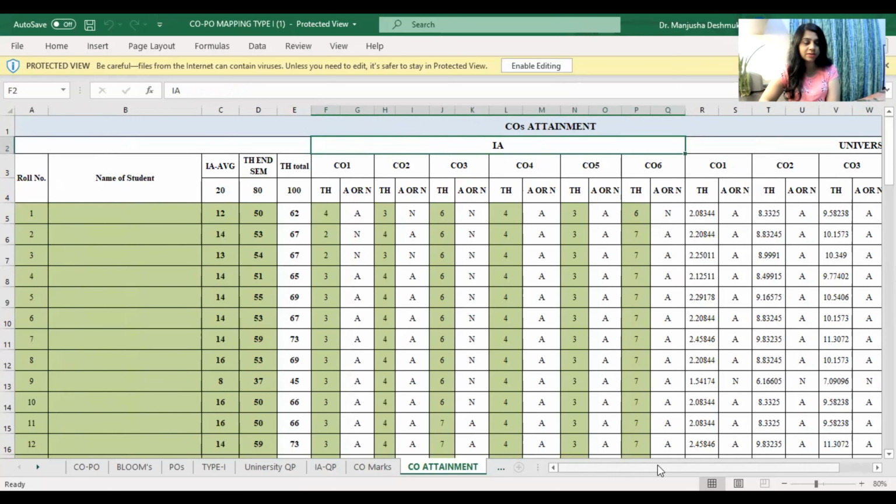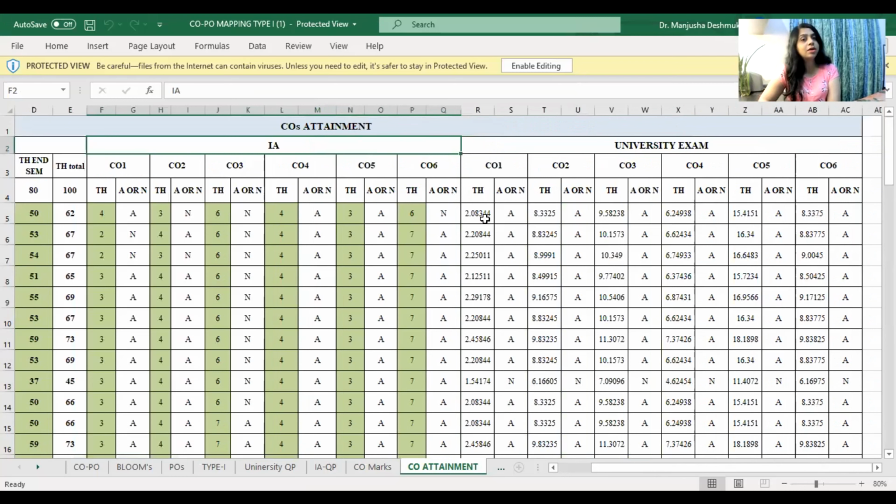After this, if you scroll to the right, then for university exam you don't enter anything, just drag this formula till the last row. Drag all the formulas till the last row.